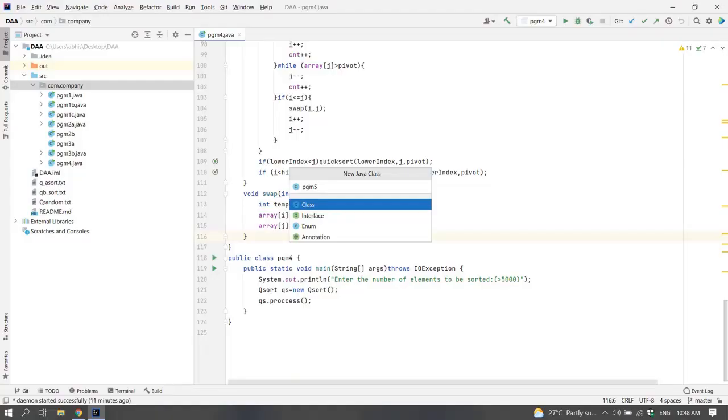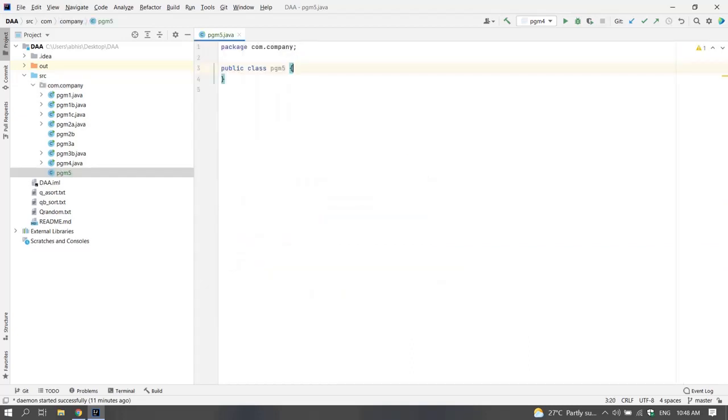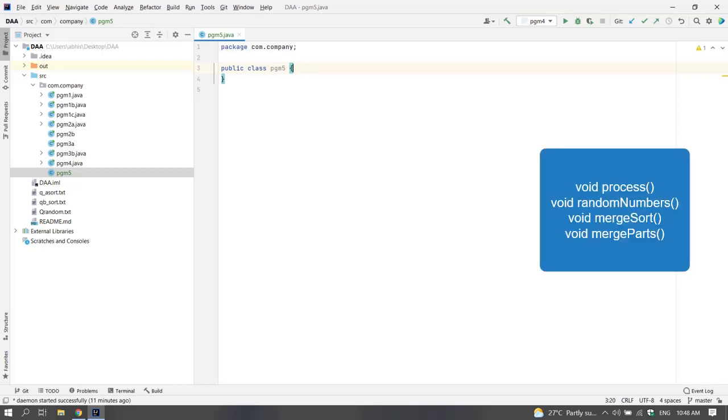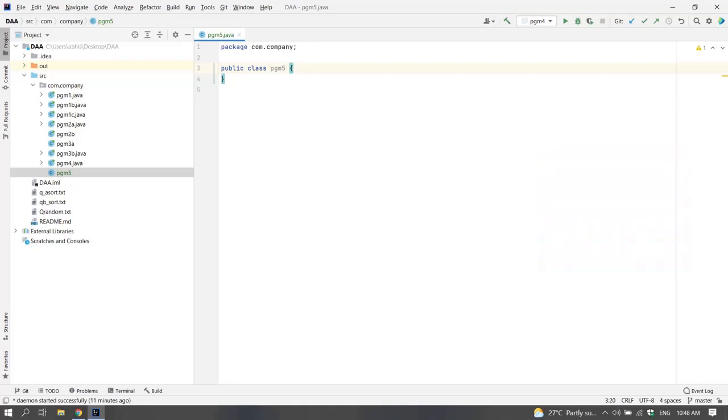So let us continue with our program. Our program mainly contains 4 methods. The methods are process, get random number, do merge sort, and merge parts. Out of these, the two main methods are do merge sort and merge parts.